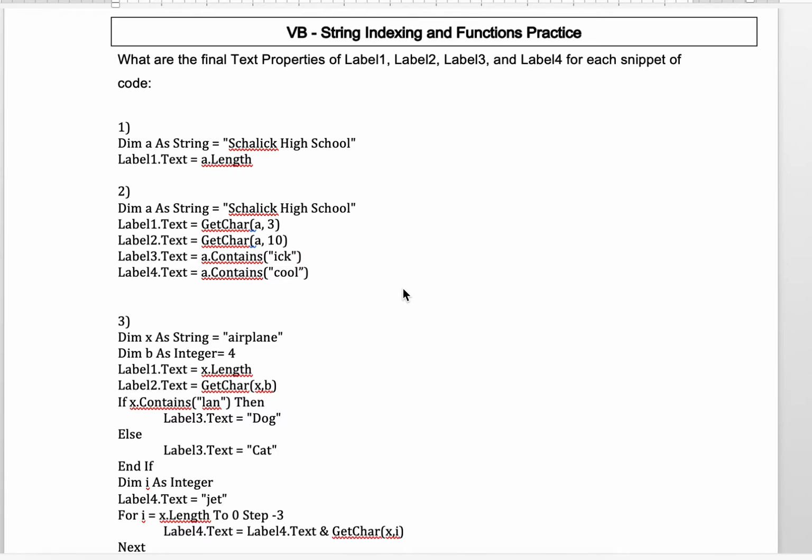Okay, so this is the string practice on the get char, length, and contains methods. So the first one here is we have a string called A that's going to be "Shallock High School"